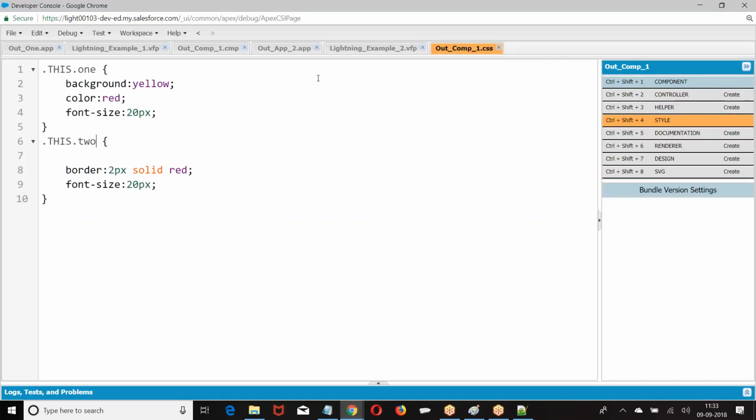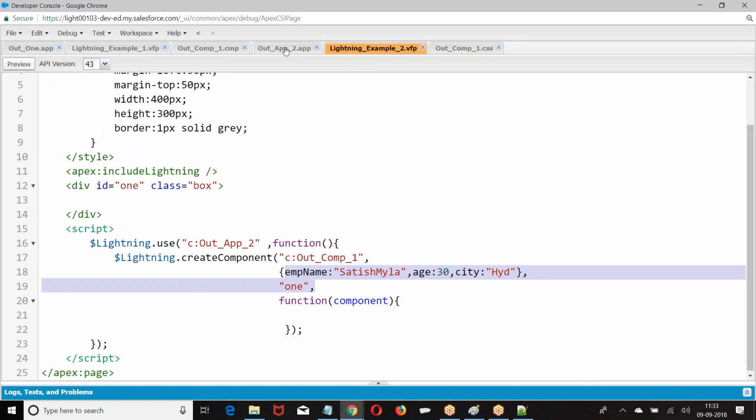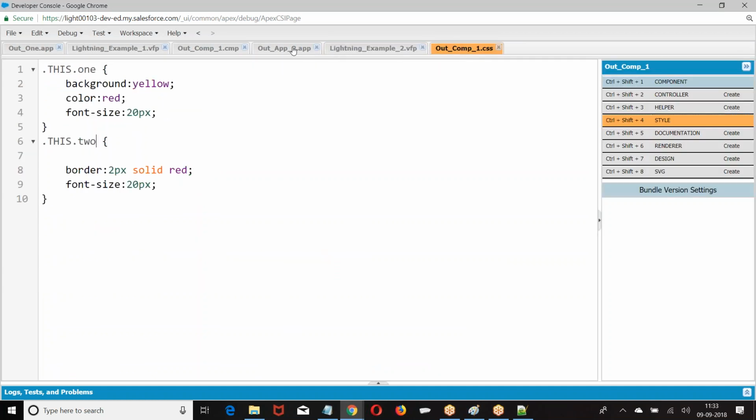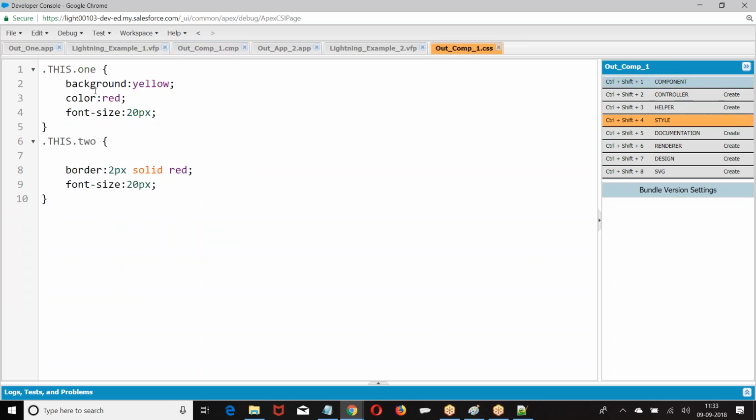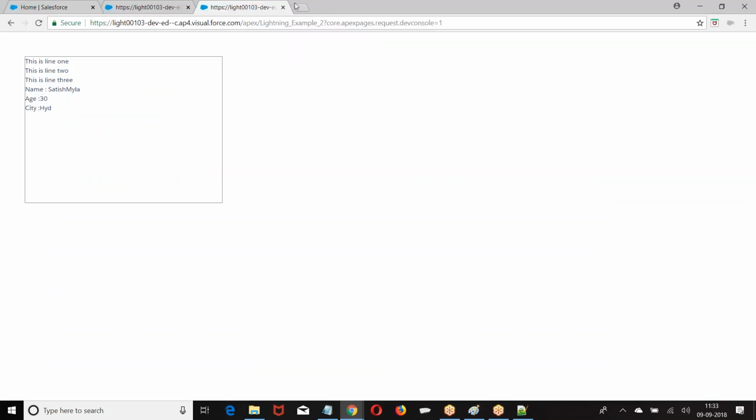Not applied here. So that, these are two. Font weight.